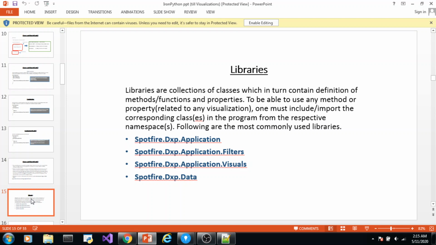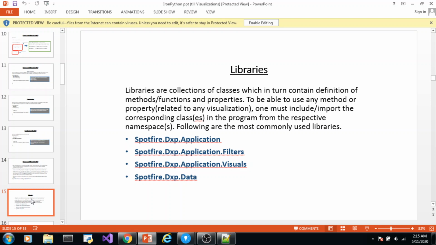Star means all the classes. Or in C you must be using the library #include <stdio.h>. There are some input output functions which are not accessible by default, so you need to include the library or the namespace in which those functions are defined.